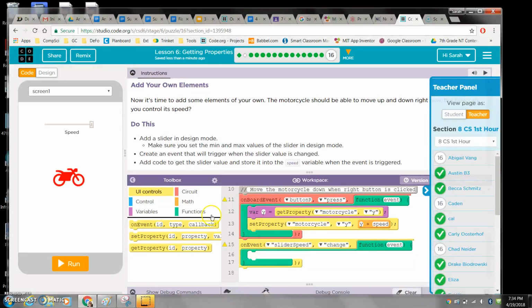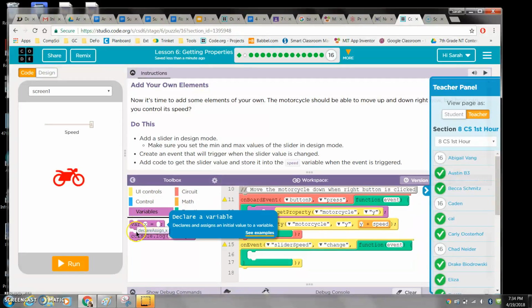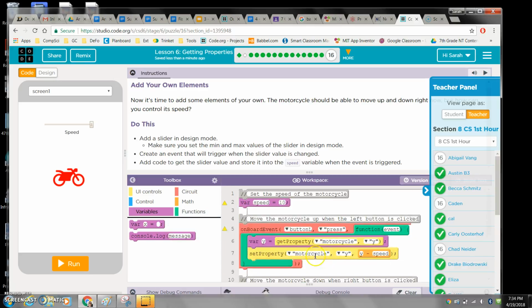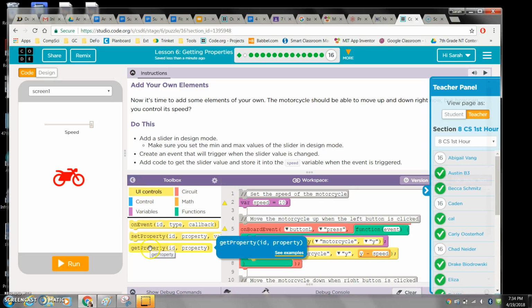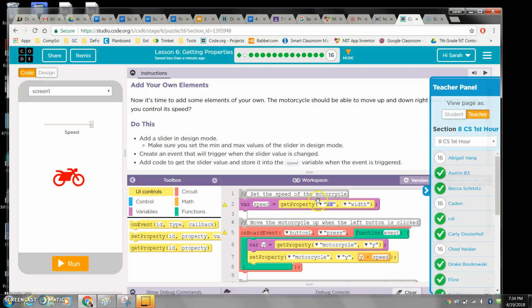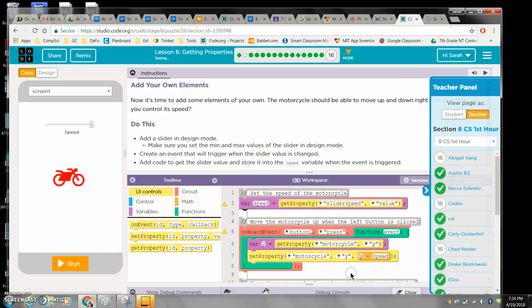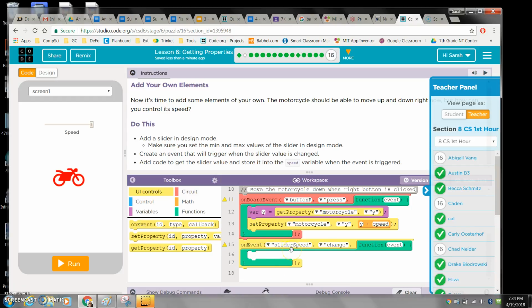then we're going to do the same thing we did at the top. So we're going to say the bar speed is set here. First I'm going to take the user input immediately. I'm going to do speed get slider speed and value, and then whenever that slider speed is changed, I'm going to